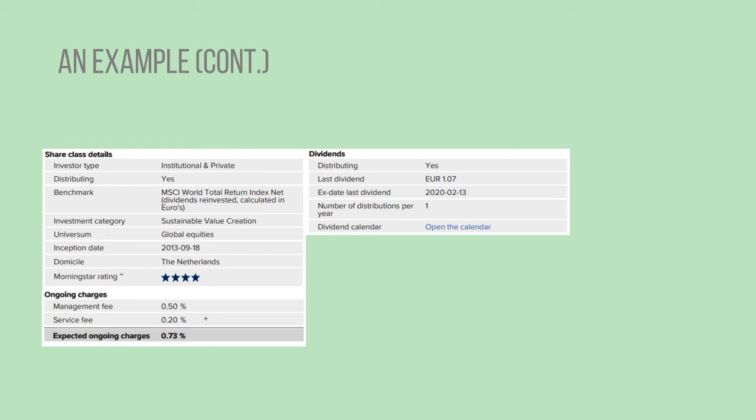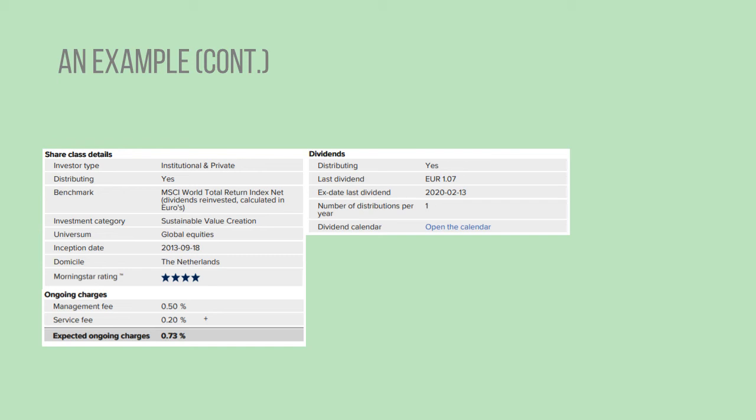And then something to look at is ongoing charges. So you can see altogether they charge you 0.73%. As I said before, fund managers charge a certain amount. These guys are on a relatively low side. They charge 0.73% of the money you put in. They'll take that out each year to pay themselves their salaries for managing your money.